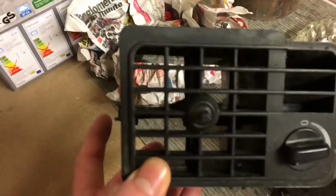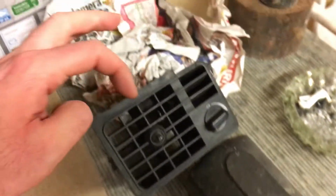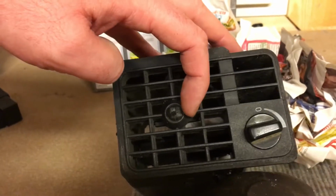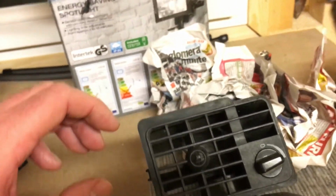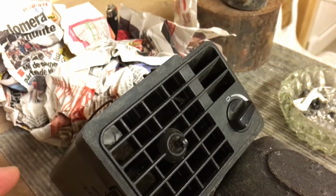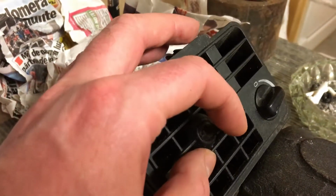because I bought this vent because this joystick-like selector is broken. So on my part, this side here is broken off, and it barely holds this joystick, and I was happy that this part seemed in a very okay shape, but when I received it and took it out, this joystick has a